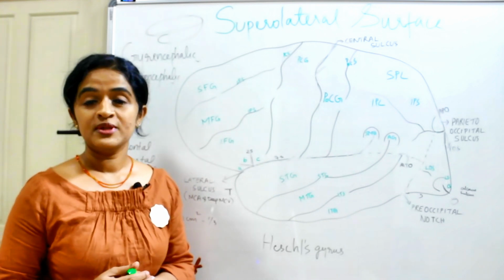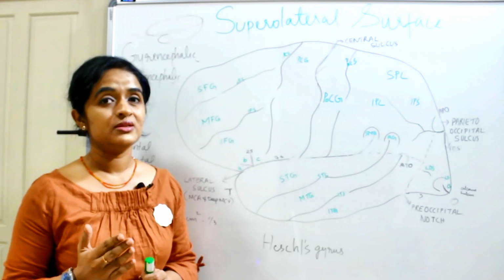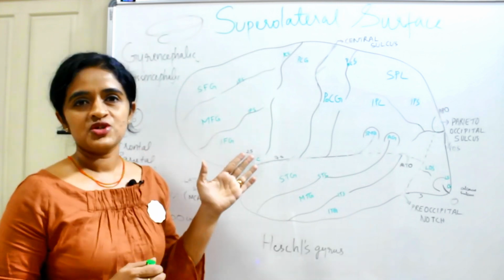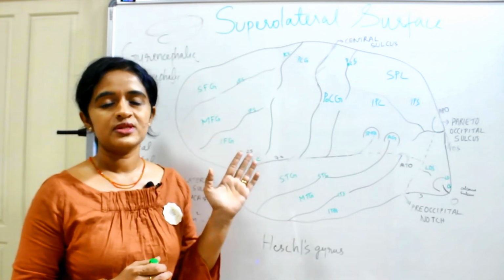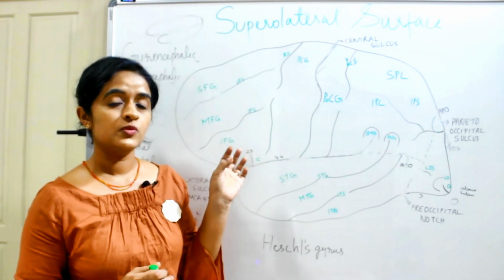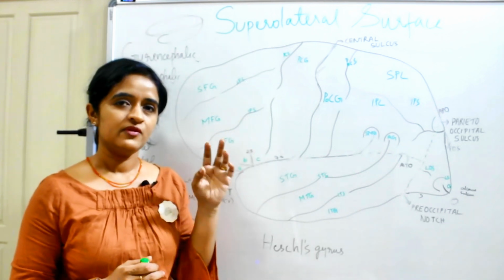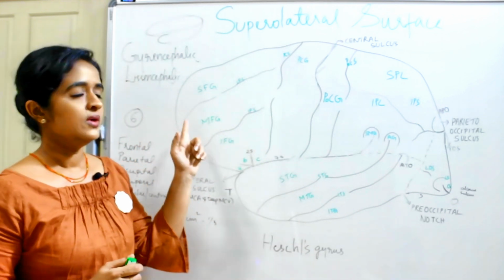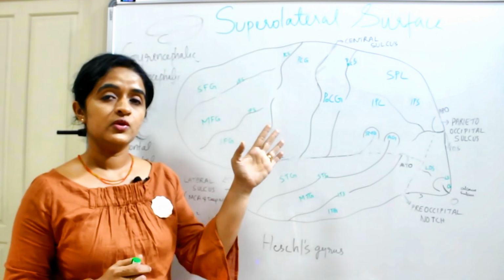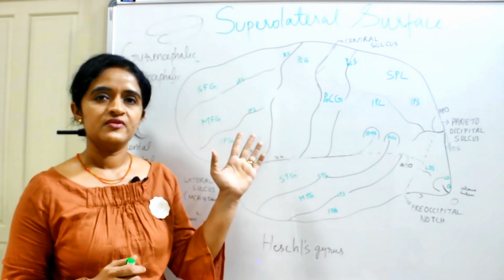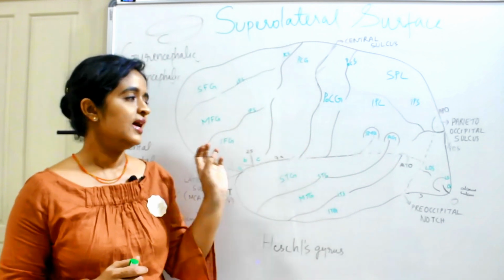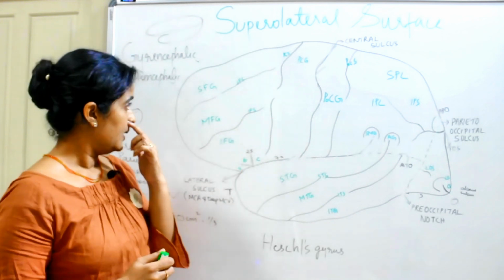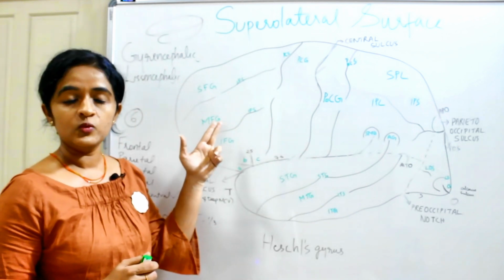Before viewing this session, please make sure that you have seen the session 1 on cerebrum and the supralateral surface. So in this session we are continuing with the supralateral surface. We are going to subdivide the lobes into different regions with the help of the minor sulci which we are going to discuss. In the last session we have already discussed how we divided the supralateral surface into frontal, parietal, occipital, temporal, and we also discussed the hidden lobe, the insular or central lobe. Now we will move on with the frontal lobe.